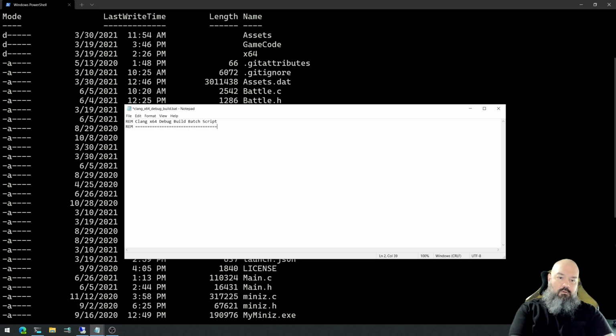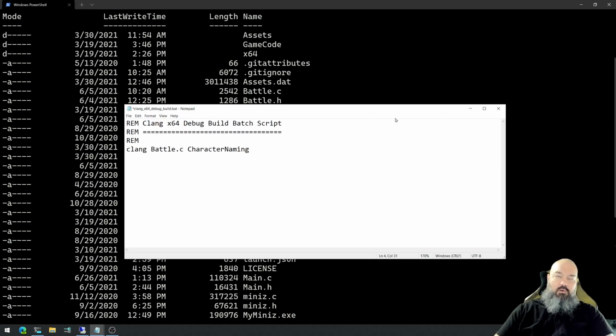There we go. Making batch files like it's 1999. All right, Clang. The first thing I need is to feed it all of my source code files. So we're talking battle.c, we're talking character.c. Oh, let me increase the font size for you guys. Character naming screen.c, exit yes no